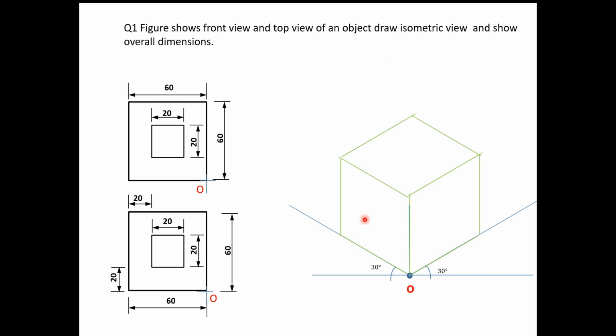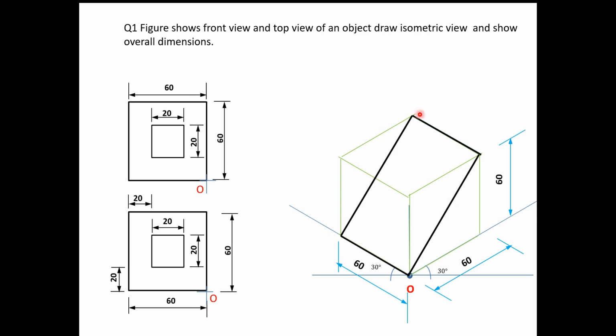Now if you see here, this is the direction of front view. So here in front view, this edge is visible. Okay, this edge. In top view there is no edge. So I will draw the construction. If you draw this view, then in front view you will get a square. In top view also you will get a square 60 by 60. Okay, so now I will complete this. Join this edge, join this edge.